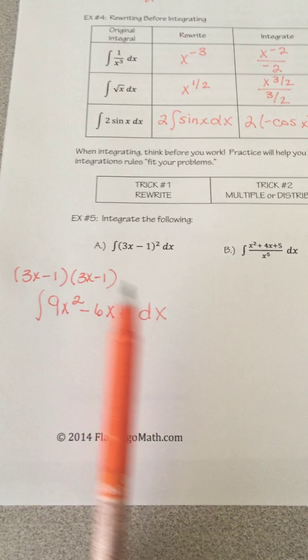For the first part, I'm going to use power rule, so that'll give me 5 times, I'm going to add 1, so that'll give me x to the 4/3 divided by 4/3 minus 2,